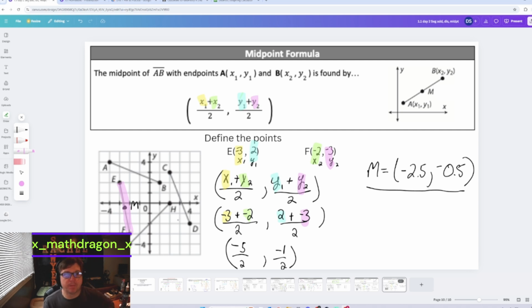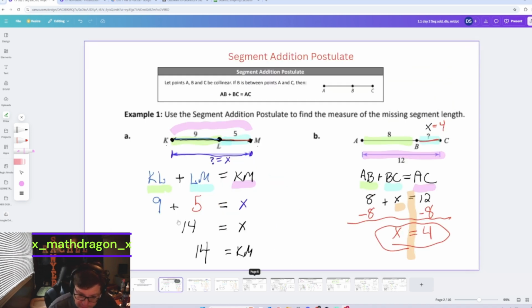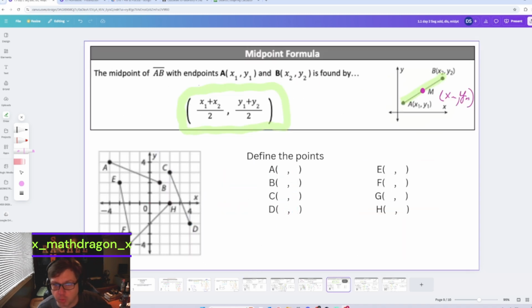Okay? So I know this is a lot. We had segment addition postulate. We had distance formula. And we had midpoint. We really did break this up into a multiple day kind of thing. It gave time to get this practice in, okay? So don't feel if you didn't get it the first watch through, watch it again. And watch it again, or go to one of the specific sections, whether it's the segment addition, the distance formula, or the midpoint formula. We are going to have plenty of practice in this in class, and please continue to